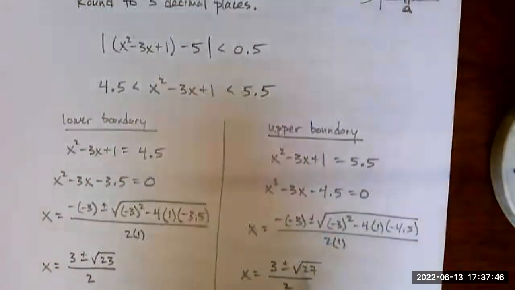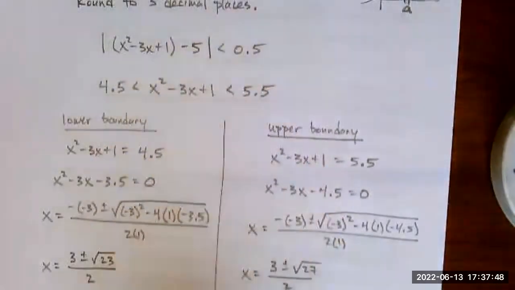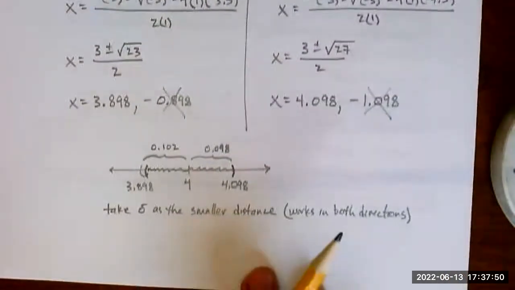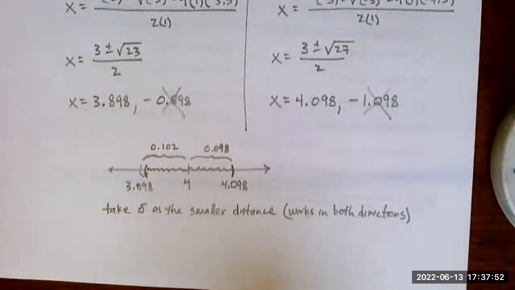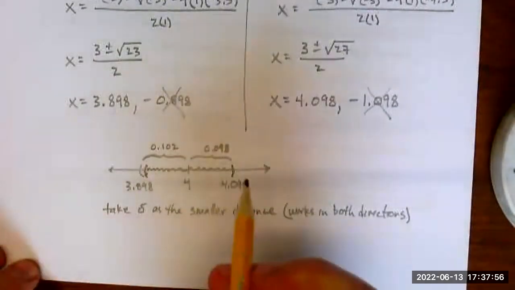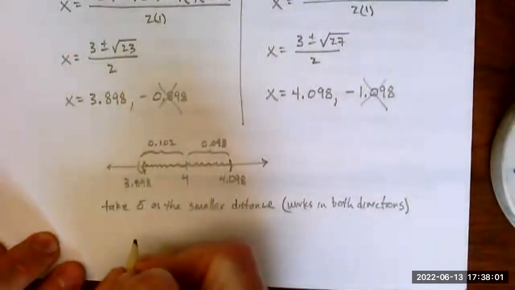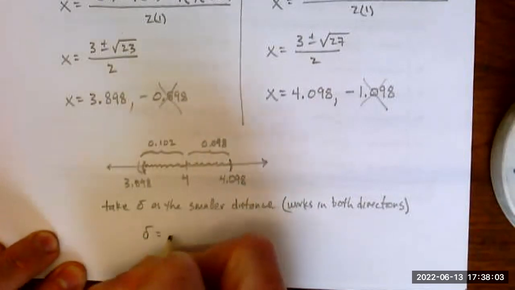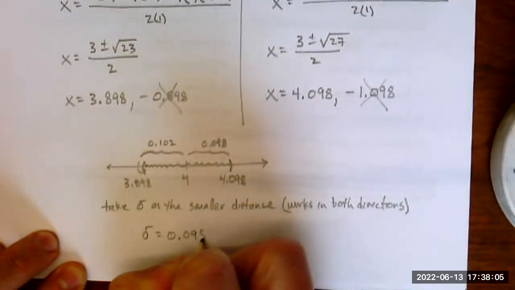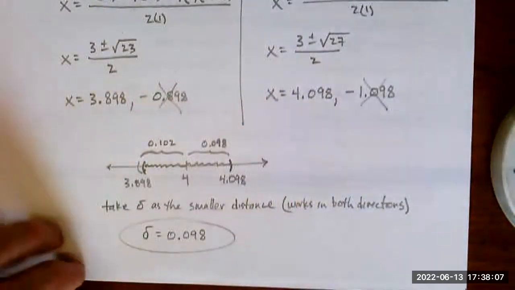That's not okay. That's not less than what's allowed. So we're forced to choose. Delta, as you can see from my drawing, has got to be symmetrical. And so because of that, we have to take the smaller value. So here, delta to 3 decimal places,